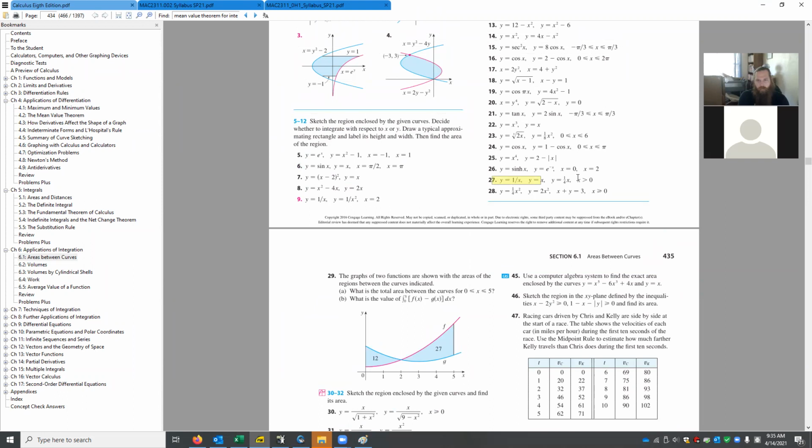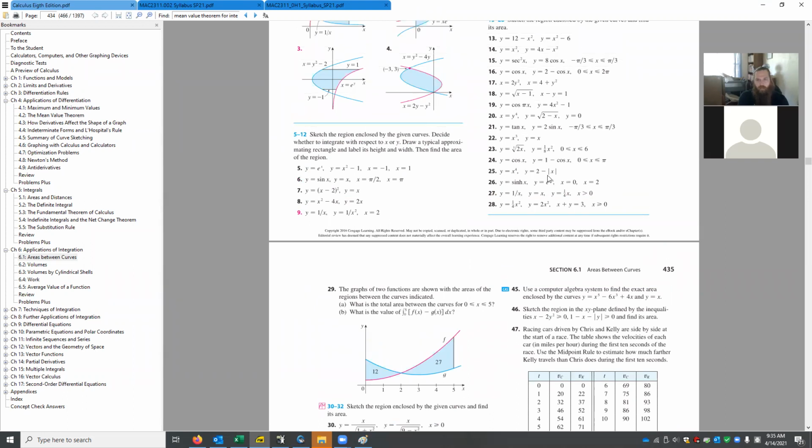Number 27 here is a good problem. What is this? X to the 400. That's a little too easy. Did something like that the other day. All right, so I'm going to begin here with number 27,